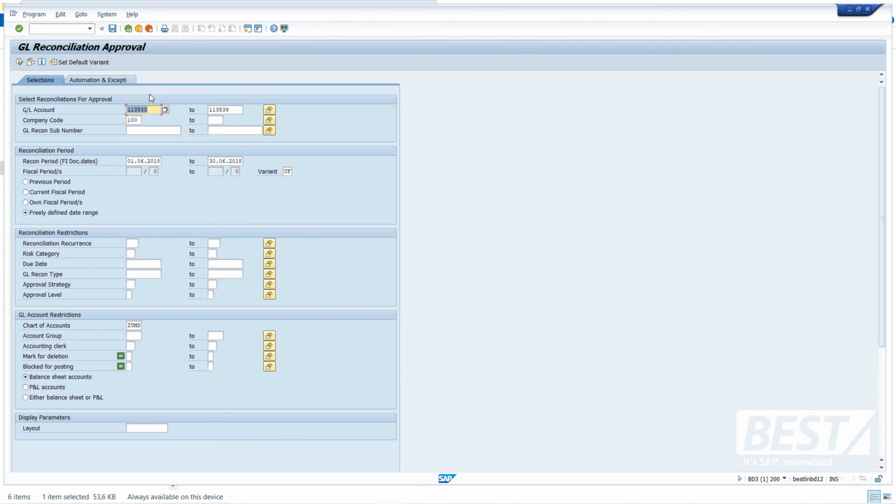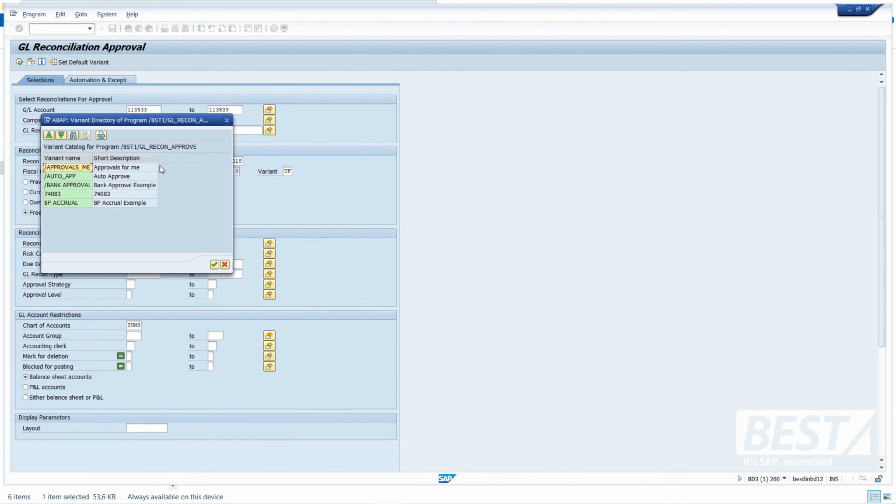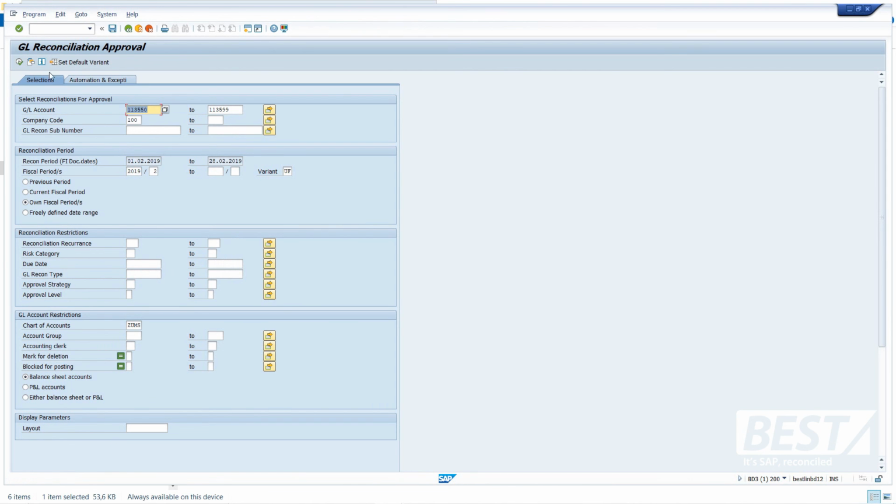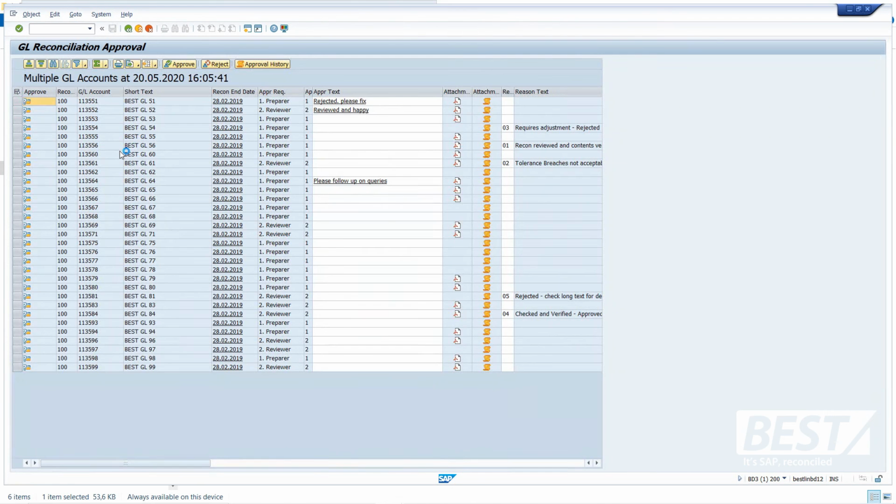Right, so now for those items that the system can't auto-approve, and you want personnel to approve them, you attach an approval strategy with who must approve what, according to the normal SAP authorizations concept. And now for my user, that's the list of GL accounts that are waiting my approval. Okay, you can see the GL account numbers and names. I can click into